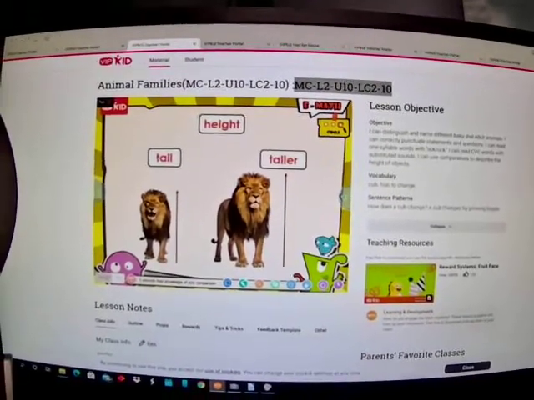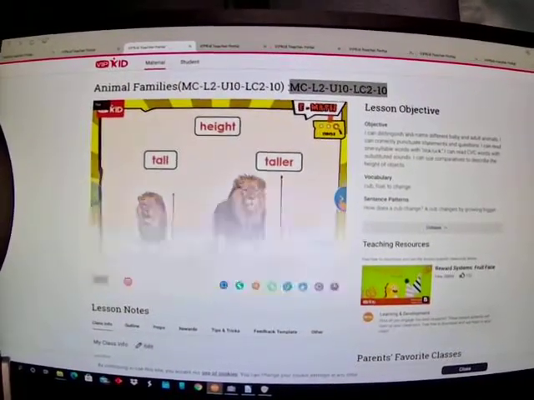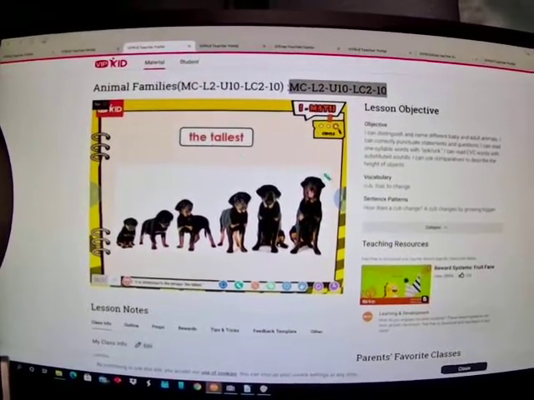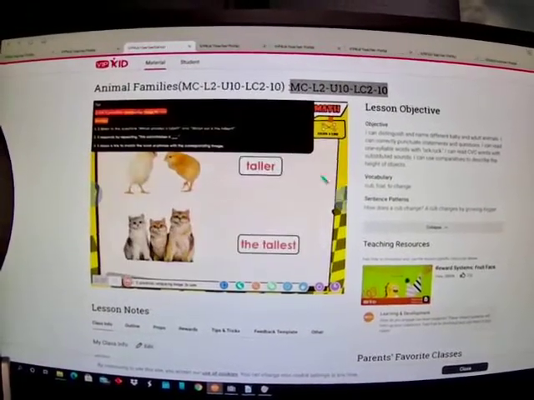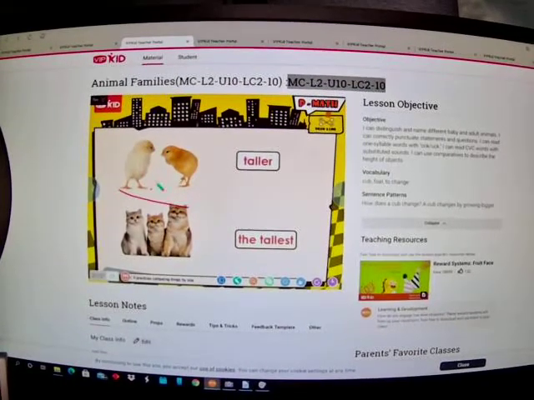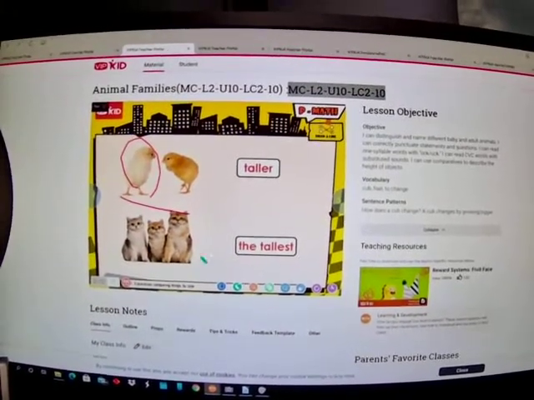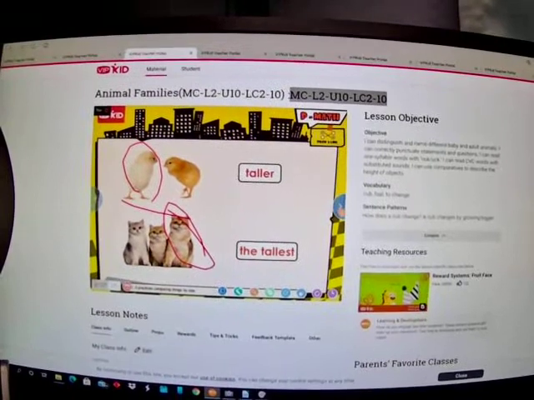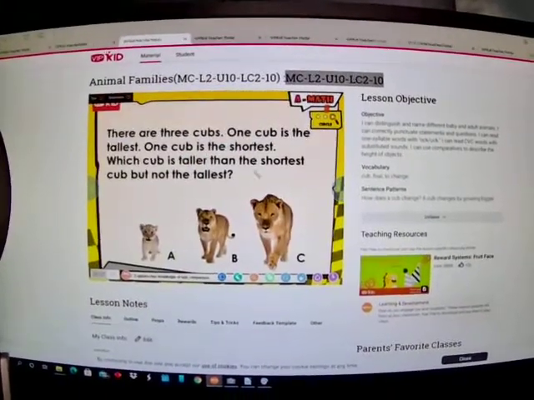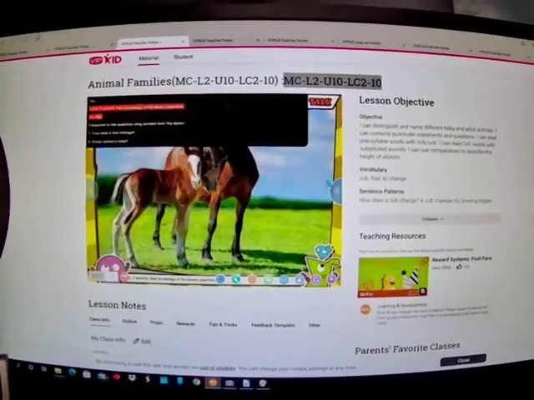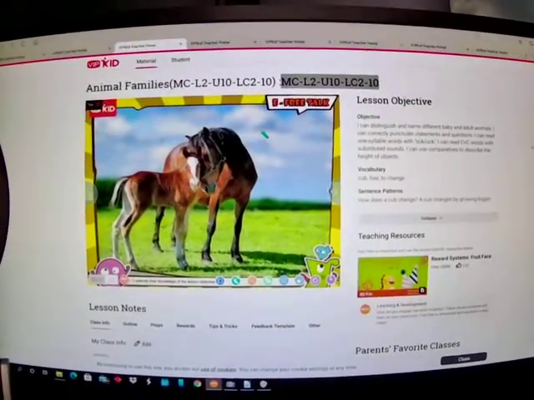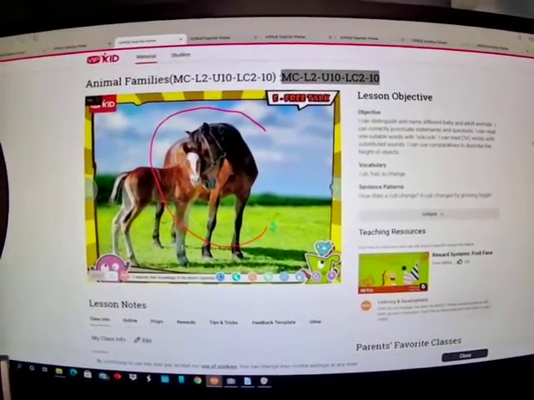Height: tall, taller. You can give them examples through your props. The tallest one, you have them circle the tallest one. Out of these two, which one is taller? They'll circle it. Which one is the tallest? They'll circle it. You can extend. I'm kind of going fast, and then you answer the question here. And free talk, if you have like 3 minutes to go, you can extend this over and over again.